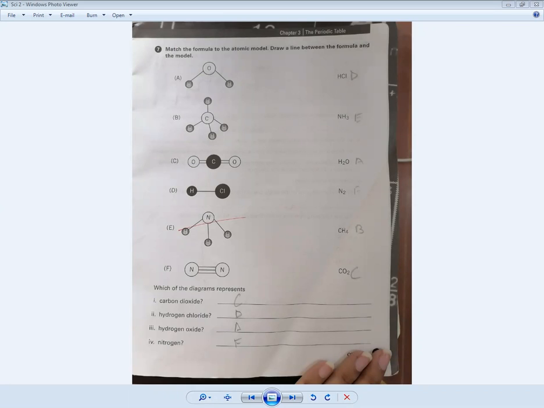So when two atoms of nitrogen combine, they make N2. N2 is nitrogen gas. You can also see on the scale N2 is nitrogen gas. When we write only N, it shows the symbol of nitrogen. When we write N2, it tells us that it's the chemical formula for nitrogen gas. And you all know, and you also studied in your junior classes, that nitrogen gas is present in air.